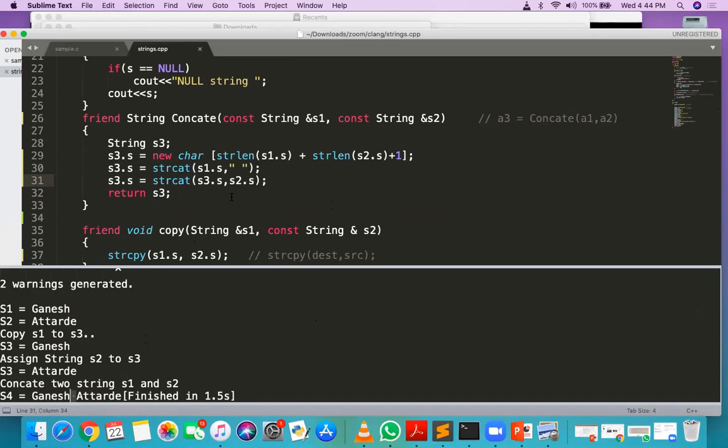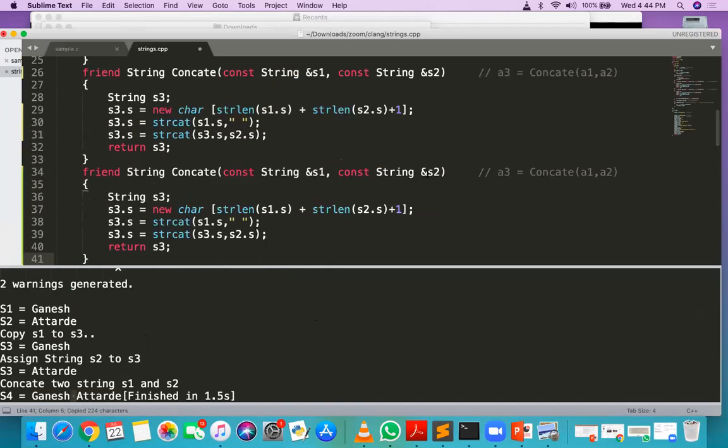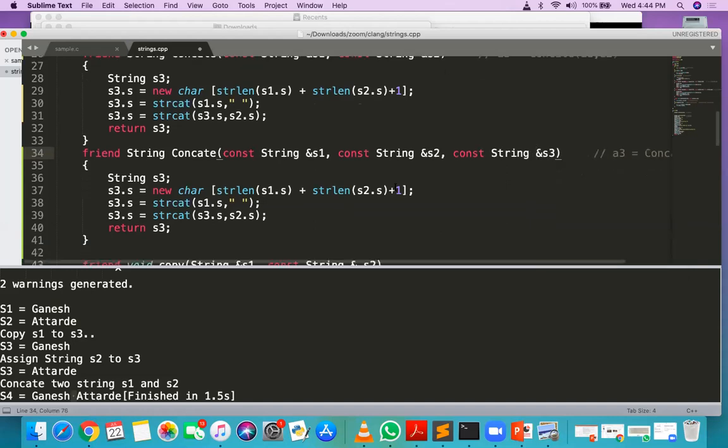So you can try for more concat functions, that is, you can overload this function and add three strings. Now what to change?